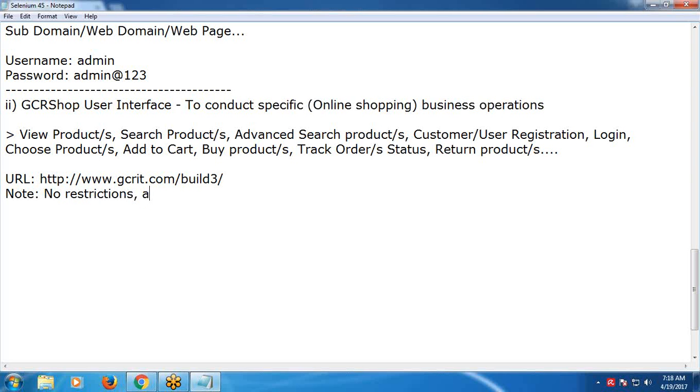Anybody can use this interface as a guest or general user, but if you want to buy the product,